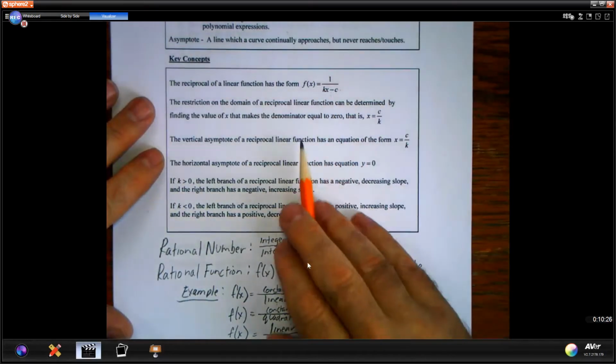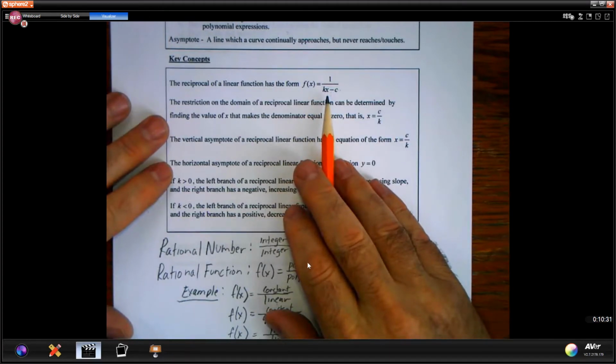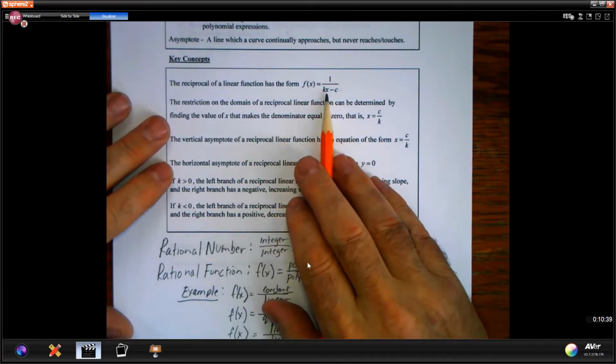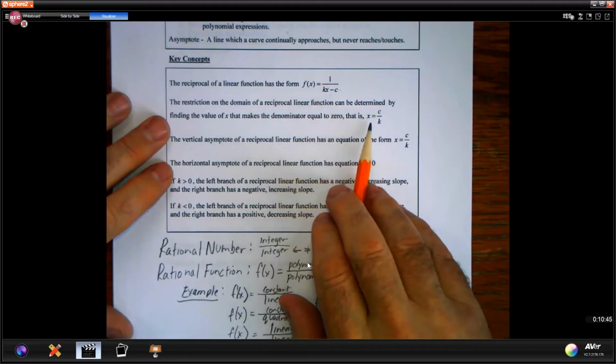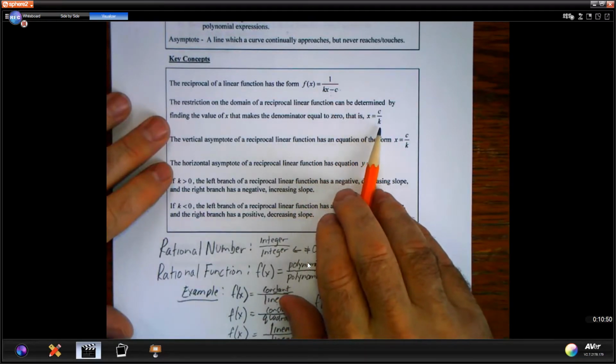So if we want to find the vertical asymptote, and the vertical asymptote really is just values of x where the function doesn't exist. It can't be that value. So what we do is we set the denominator equal to 0 and solve for x. So in this example with kx minus c on the bottom, the vertical asymptote's equation would be x equals c